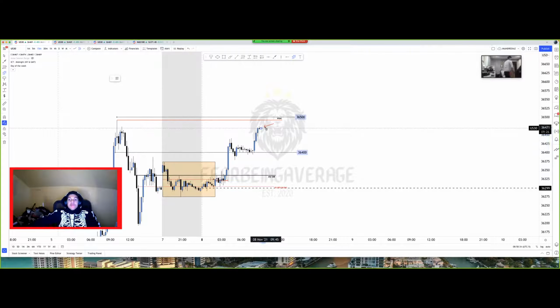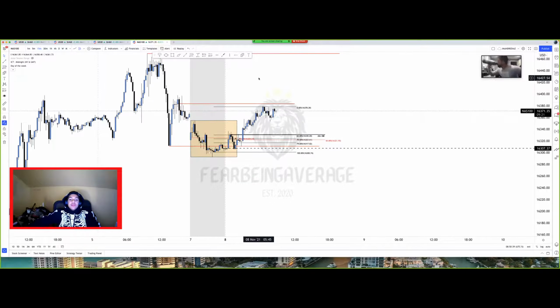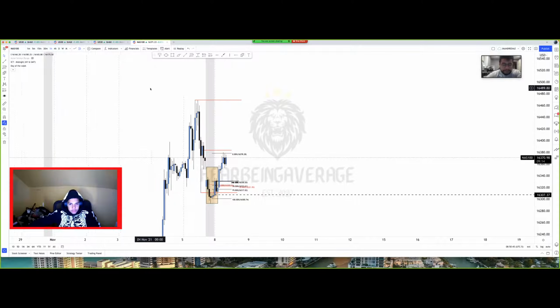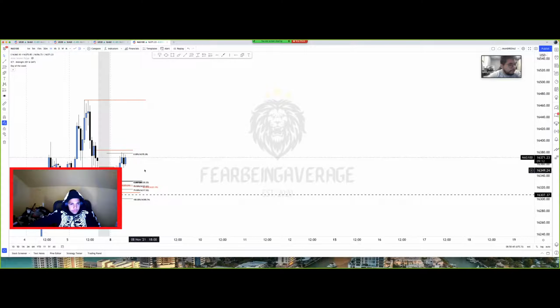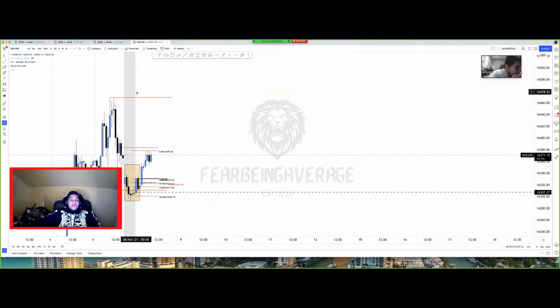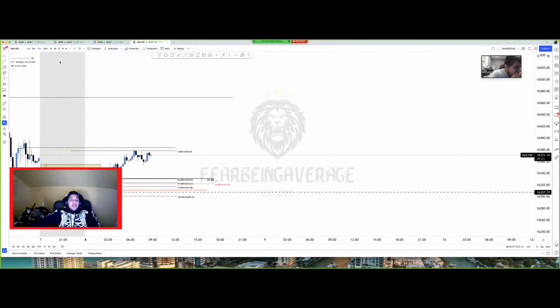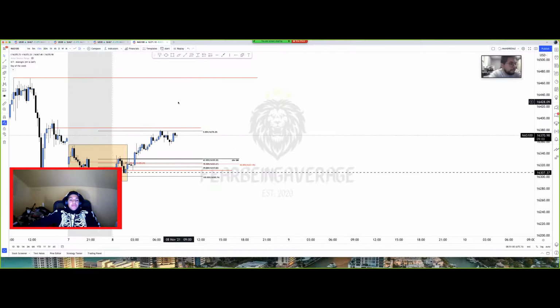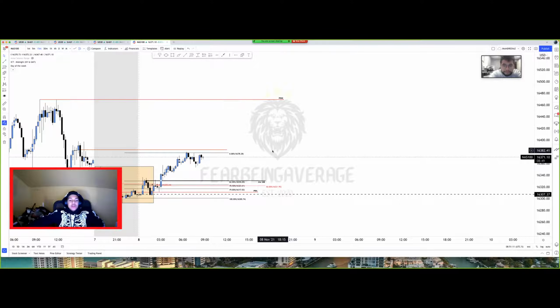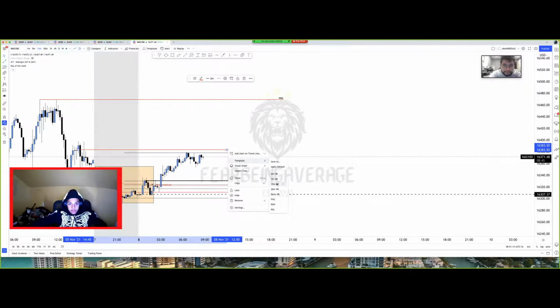If it doesn't start to print bears, I'm gonna be out of here on US 30. I'm gonna be right on NAS 100. I think NAS 100 is way more likely to have this trade setup happen, in my opinion. So I'm gonna keep this NAS setup in mind because it's looking way cleaner overall. If US 30 doesn't happen, I at least know I can catch a possible trade here. So I'm gonna keep that in the back of my head.